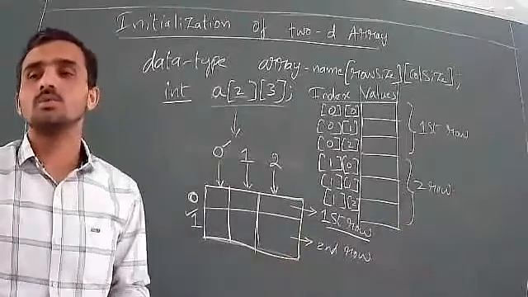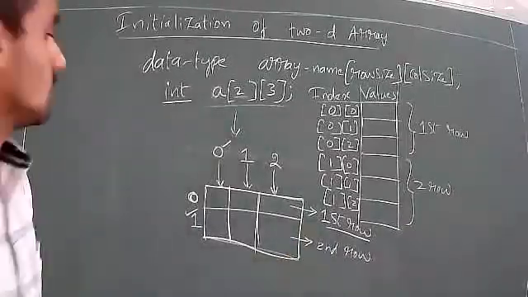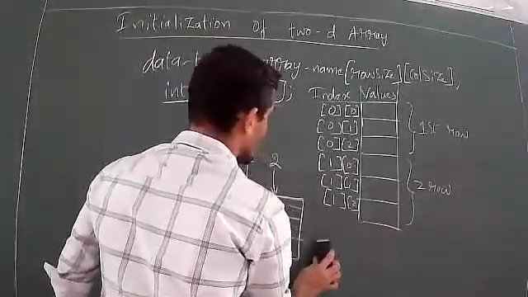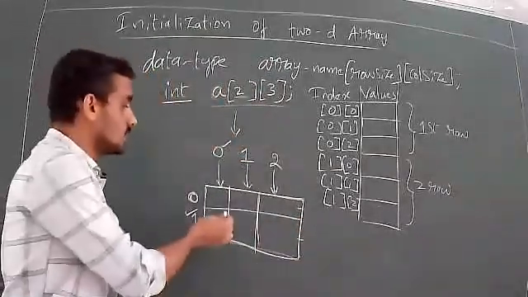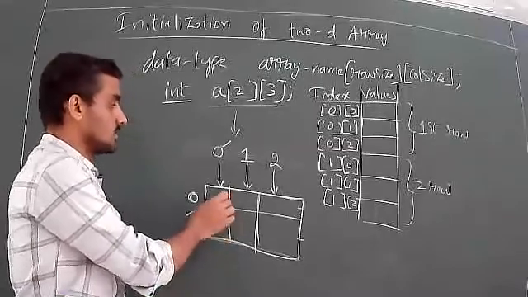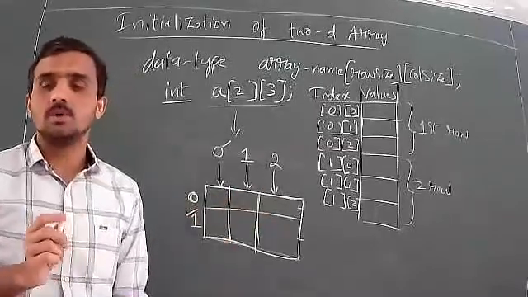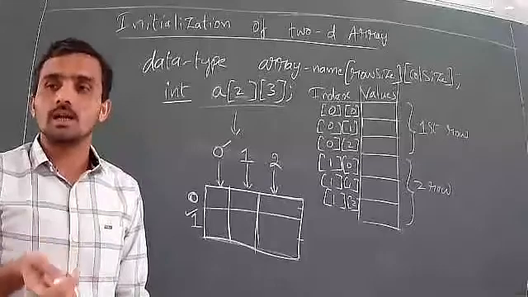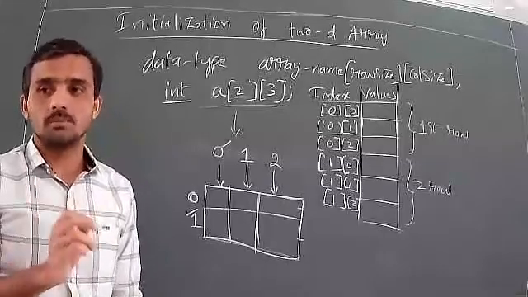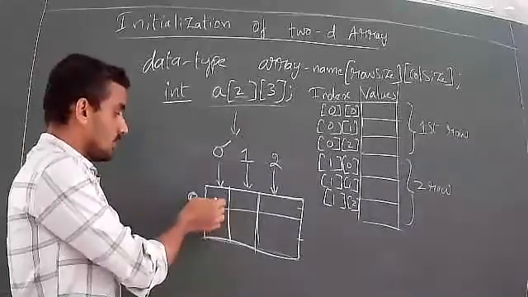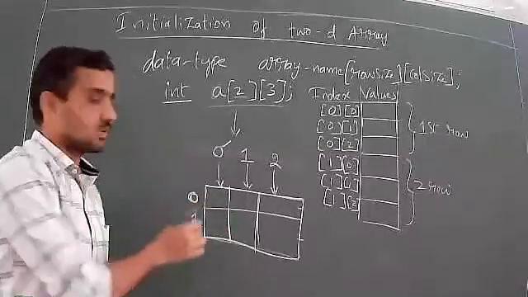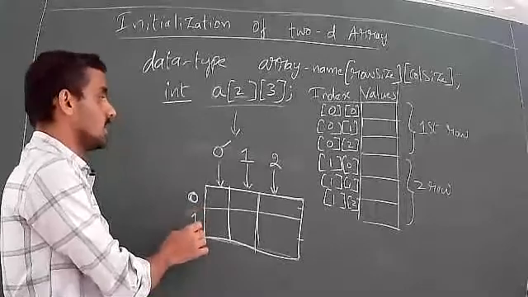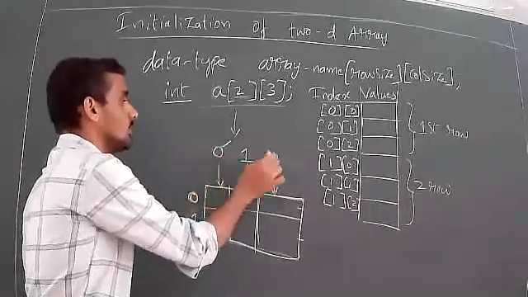If you don't write it also, if you have understood, then it's fine. For example, if you don't write first row, second row in that way, and you have understood that this is the first row, second row, and first column, second column, third column, that is fine. But when we go to the array, you have to write the row number compulsorily. So first row will be indicated by 0, second row will be indicated by 1. That is row number 0, row number 1. Similarly, column number 0, column number 1, column number 2.